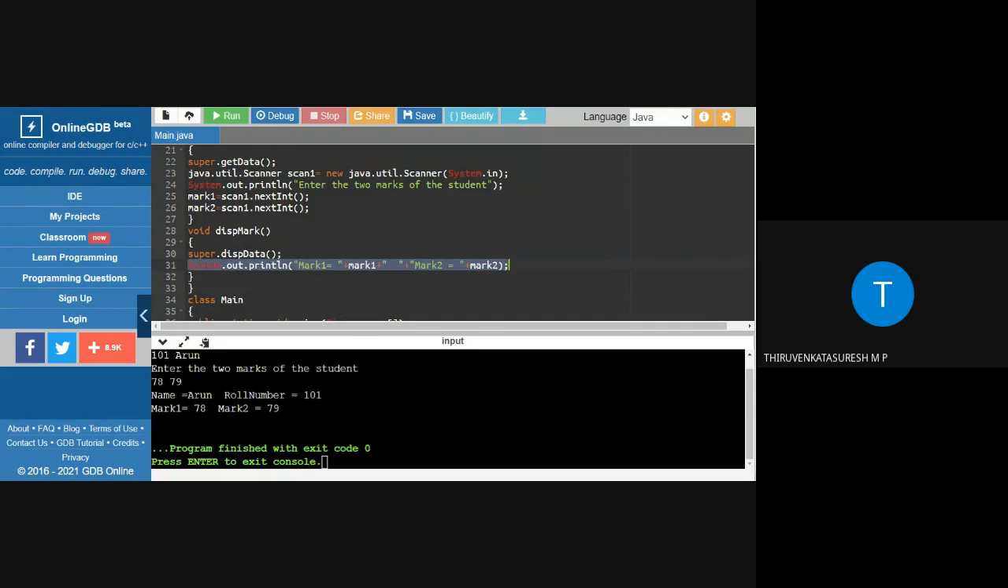So base class methods are accessed by the super keyword of the immediate subclass. Immediate subclass. Okay. Yes. So this is a way of using the super keyword. Are you able to understand? Next, we